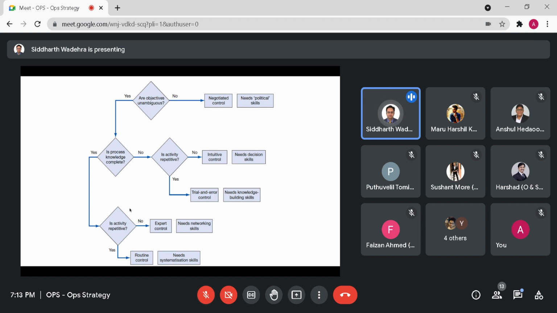This is a very interesting diagram. We will quickly go through this and not spend too much time. We'll come back to this diagram towards the end of the class, because I think it will make much more sense once we have gone through the case study. Usually, if you're an organization looking to build a control mechanism within your organization, there are three aspects that you would have to look at, whether from a strategic perspective or an operational perspective. So, is the activity repetitive? If it is, you have something called routine control, and we'll touch on routine control.